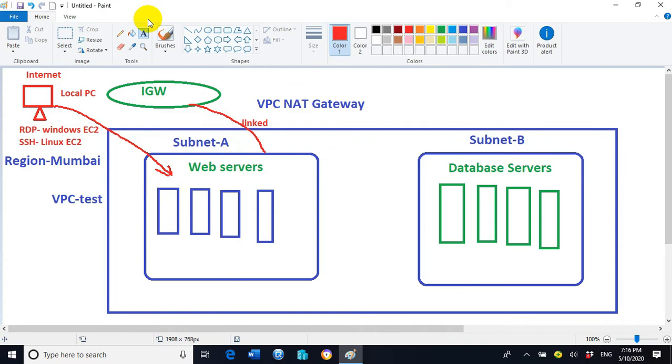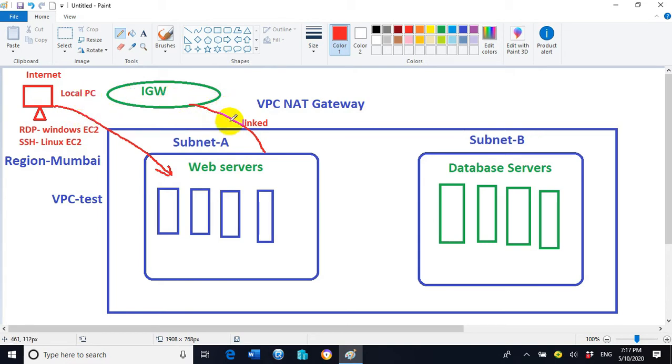So we can access these web servers or EC2 instances remotely with the help of the RDP or SSH protocol, because of the IGW. From the internet or from the external world, these web servers can be accessible if the IGW is connected.